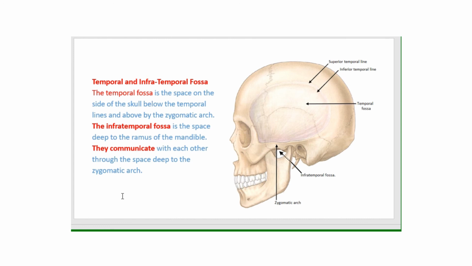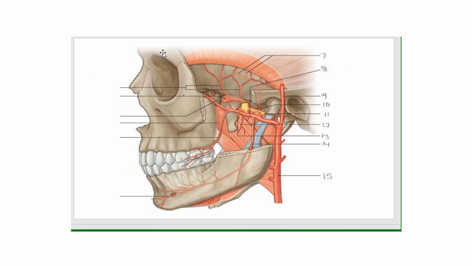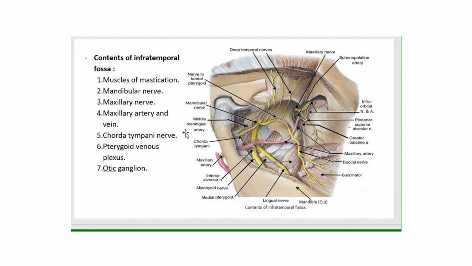Don't forget, these two fossae communicate with each other through the space deep to the zygomatic arch. The contents of the temporal fossa are the temporalis muscle, deep temporal arteries and nerves. The contents of the infratemporal fossa are muscles of mastication,